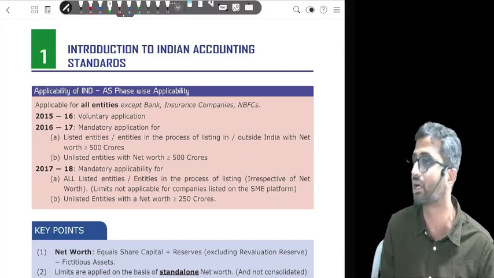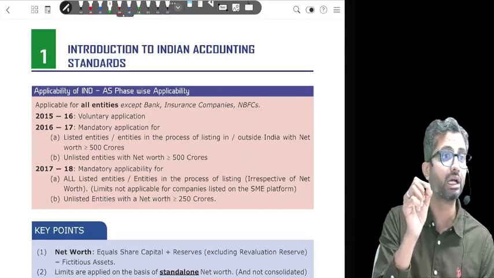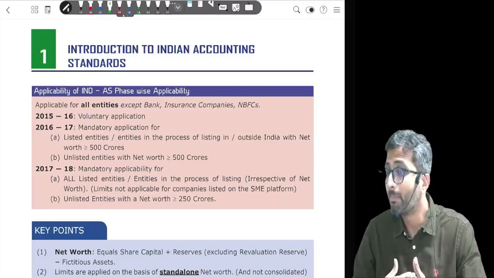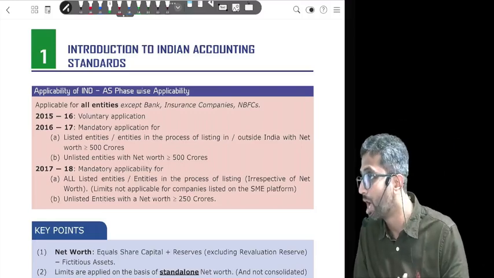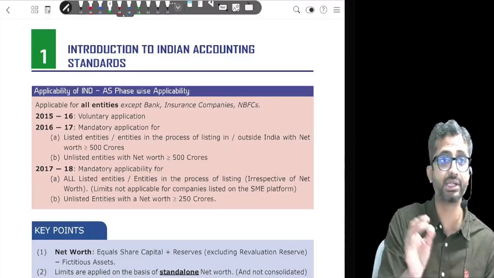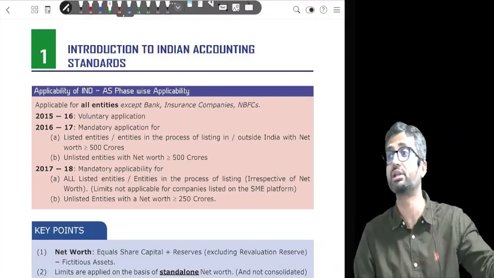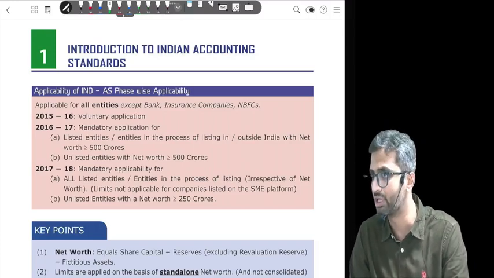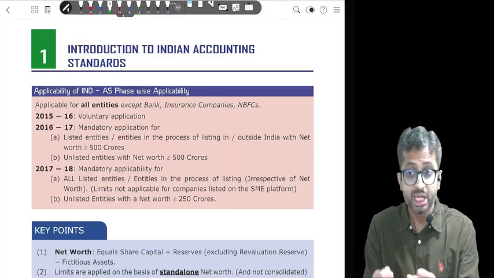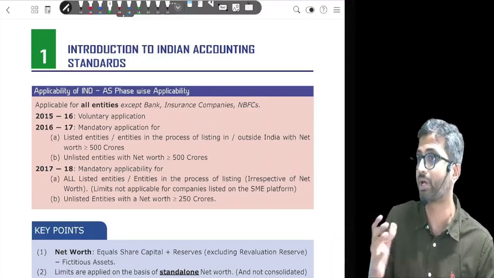And what is the language that a company speaks? They speak through their balance sheet. The balance sheet is prepared using either accounting standards given by our ICAI, which are not internationally accepted, or using IFRS. IFRS is International Financial Reporting Standards given by IASB, and it is there in approximately 150, 160 countries across the world. So an international investor is much more comfortable if they know that these balance sheets are prepared as per IFRS.